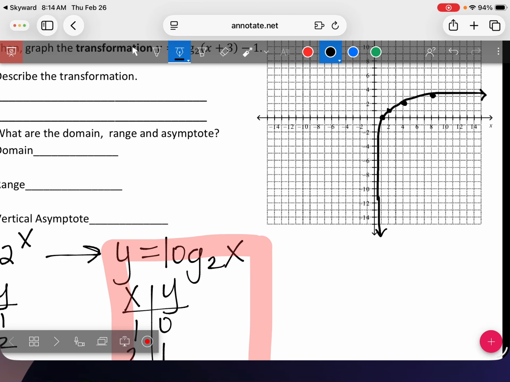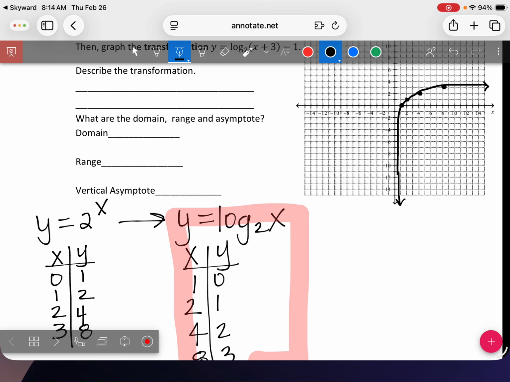That's the parent. Okay, so now let's look at